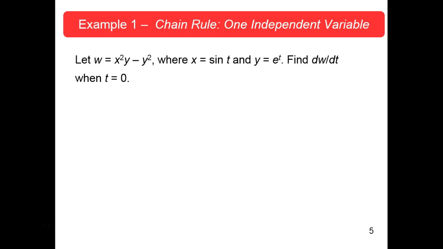Okay, if that was the original problem, what you could have done was go back and plug in sine t squared for x squared there, e to the t there, minus e to the 2t, and then take the derivative with respect to t directly. But then you would have had product rules and a variety of things. This has potential for making that a lot easier. Has potential. I'm not saying it always will, but it does. So that's what they're doing at the bottom of the page, saying, yeah, you can get there the same way